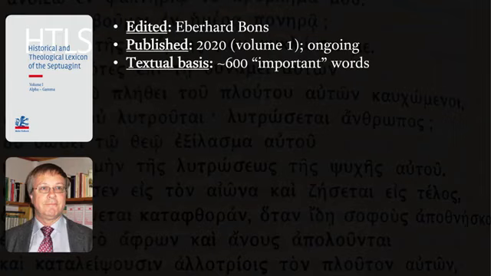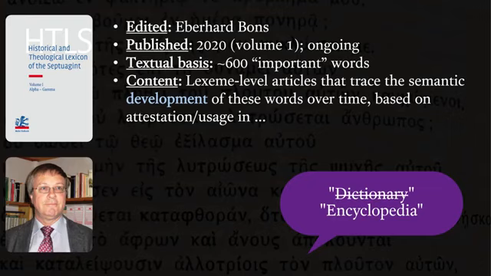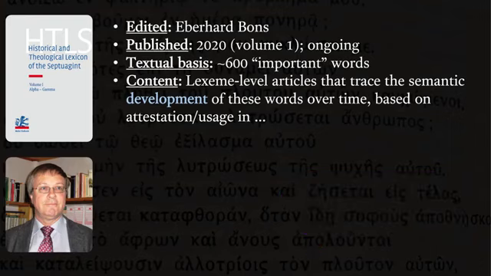So there's a whole rationale behind the scenes for how they're selecting a relatively small subset, still large, of course, though each of these volumes is enormous, of words to focus on. And instead of providing glosses or definitions, and so lexicon here maybe is a bit of a misnomer in my opinion, it probably is more like a dictionary. But either way, what they provide are lexeme, that is word-level articles, again, on these quote-unquote 600 plus or minus important words, that focus on tracing the semantic development of these words over time.